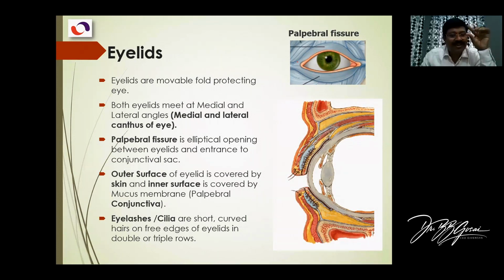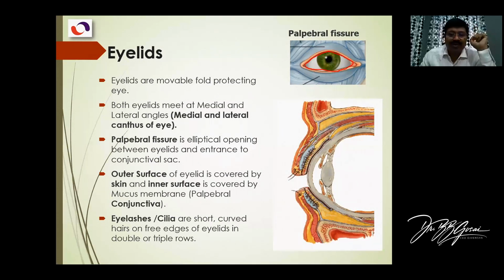When we close our eyes, the opening will be closed when the eyelids approximate each other. When the upper eyelid moves up, the fissure opens, like opening the shutter of a camera. So it opens, and then the light travels through the cornea into the eye. This is the palpebral fissure. You understand, I know, but I'm just trying to mark it out so you know this is the palpebral fissure. Once the eyelid closes, this will close.